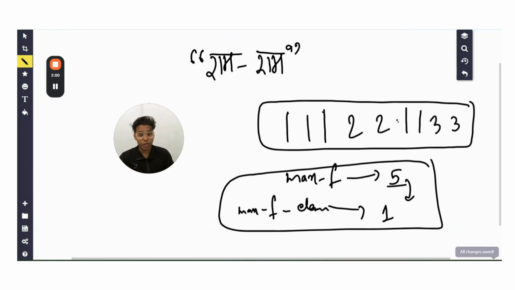And what is the minimum frequency element? Either you can print 2 or you can print 3. So the answer will be 2, 2. 2, 2 means